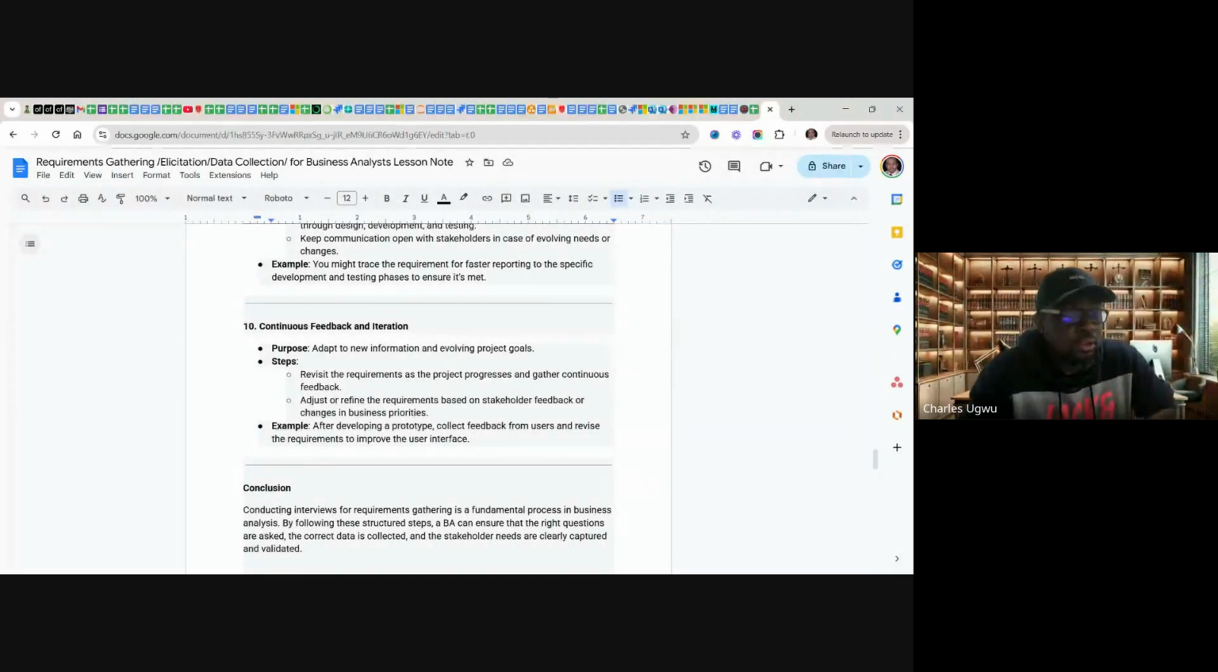Then, continuous feedback and iteration. Purpose: adapt to new information and evolving needs. Even after gathering requirements, the stakeholders may want to add more requirements, so just make sure you have provision for them, like additional budget and an increased timeline for any additional requirement they are bringing in. The steps: